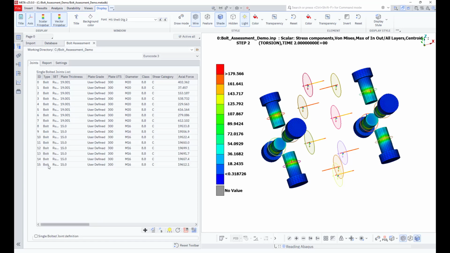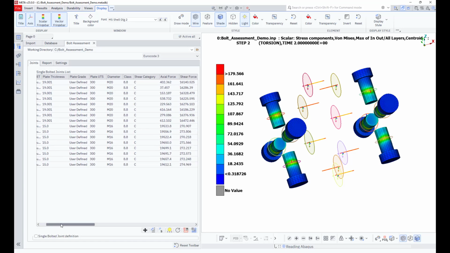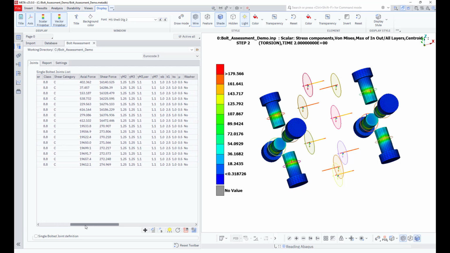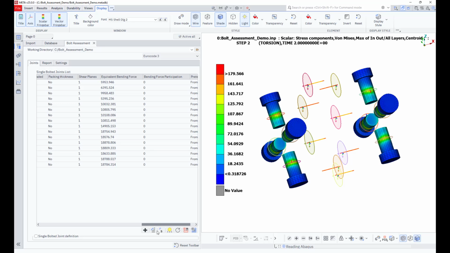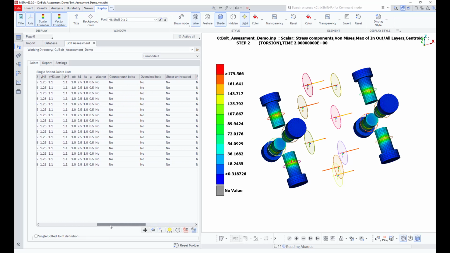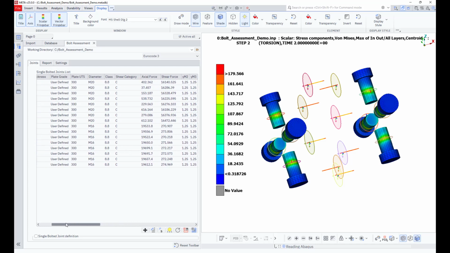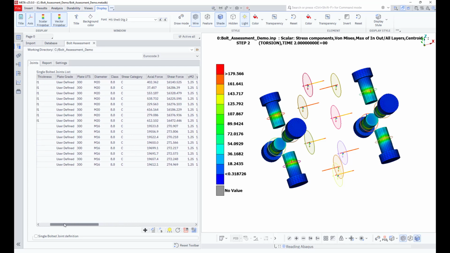Grid point forces will be converted to axial and shear force, as well as bending and torsion moment at the cross-section. A list with all bolt data has been generated in the tool and facilitates the necessary input parameters to analyze the bolts according to the selected standard. In this case, Eurocode 3. Note that the diameter of each bolt has been automatically identified from the geometry. Therefore, the bolts must be modeled correctly in the pre-processing stage.